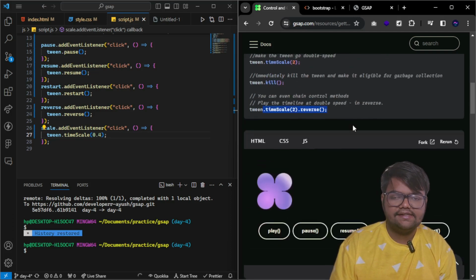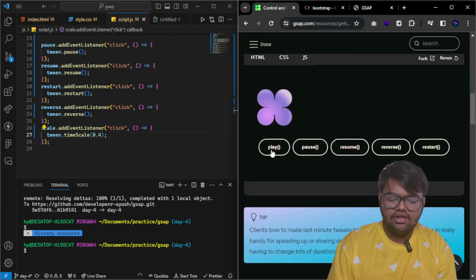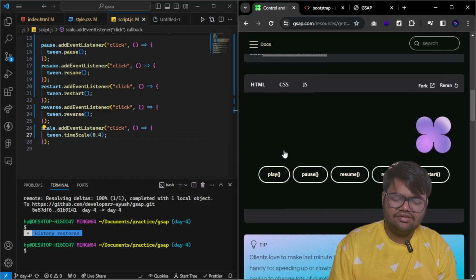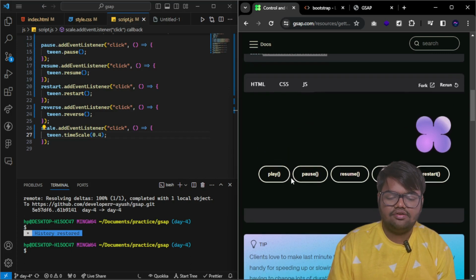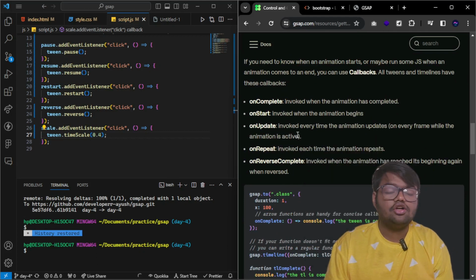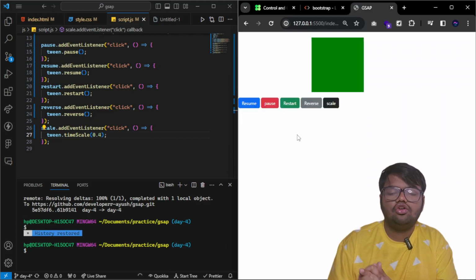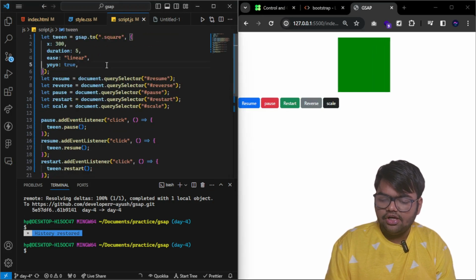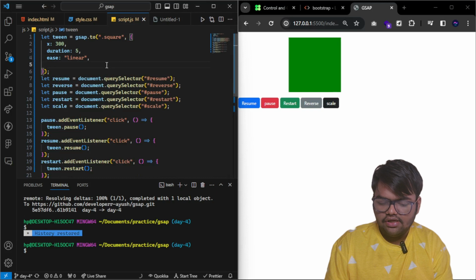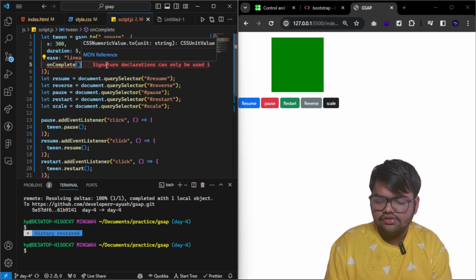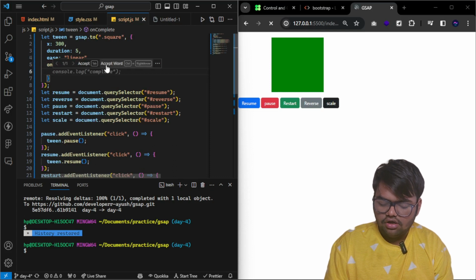If you want to nest things, over here they have already given all these, play, pause, resume, like that. These are basic things you can already see. And these are my callbacks. What a callback does is, basically, if I want to perform certain actions, let's say I will remove my repeat and this, and I will add onComplete. What I want to do is I will add